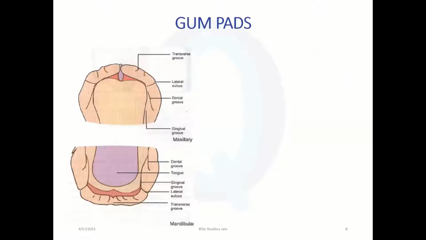Now we take the characteristics of gum pads. This is a diagrammatic representation taken from Gurpreet Singh Sir's book. So this is how it looks like. There are certain groups. So first is the transverse group. Now it separates all the future teeth, all the future buds. It separates. So there would be like 1, 2, 3, 4, 5. So all the 10 teeth are separated by the transverse group.